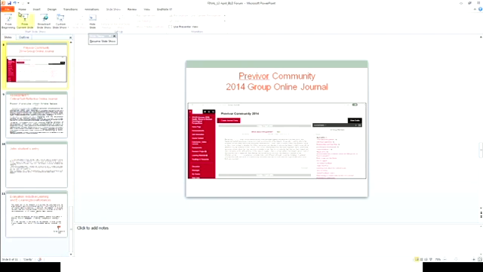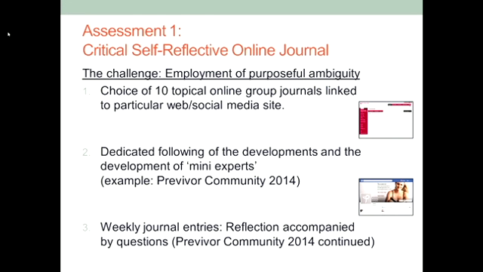Okay, so that's the choice of 10 topical online group journals, as I said. They would, of course, be very dedicated in following the development. And the development for the students would mean that they're developing as kind of mini experts, right? So what they're actually putting online is their own knowledge. They're creating knowledge. It's not us telling them to just regurgitate what was in that article or what was in